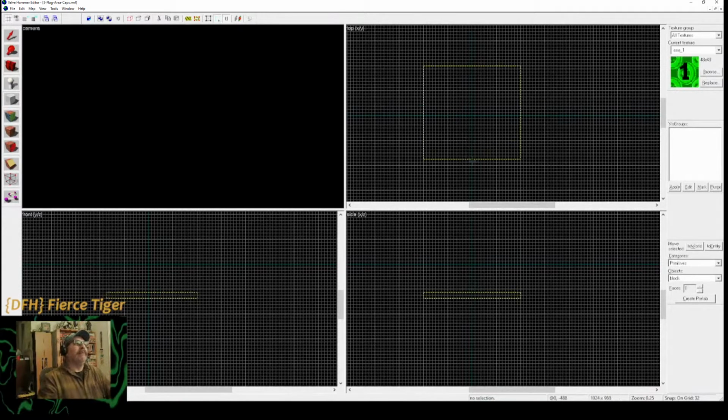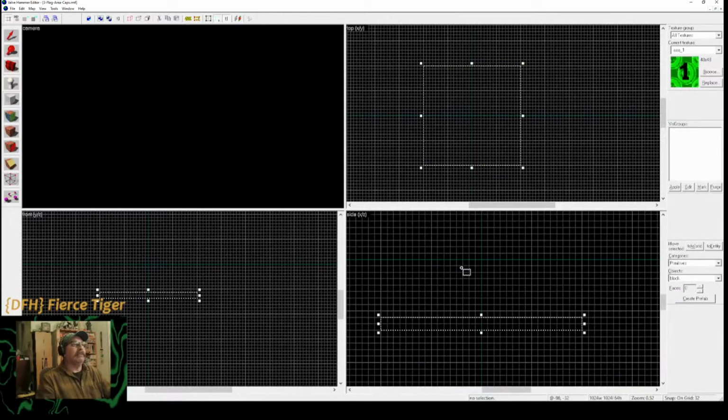If I make it square, like so, you'll notice the side view and the front view are almost identical. Now let's say I make it thinner, you'll notice that the side view is now thinner than the front view, which is what you can tell from the top view should be the case. It's okay for it to be thin like this, because this is going to be